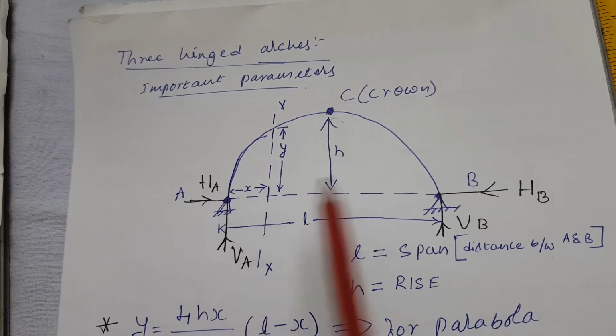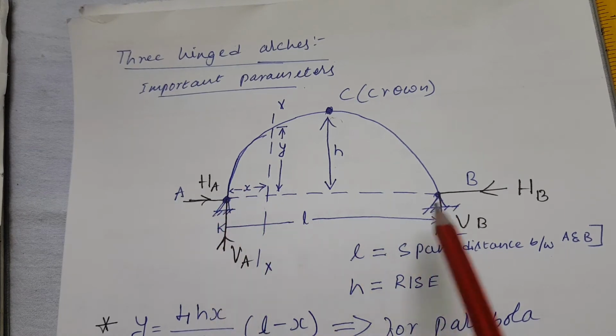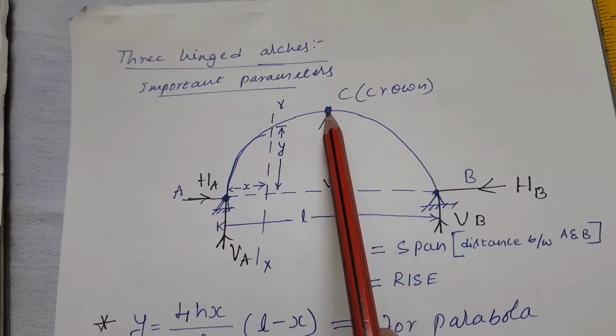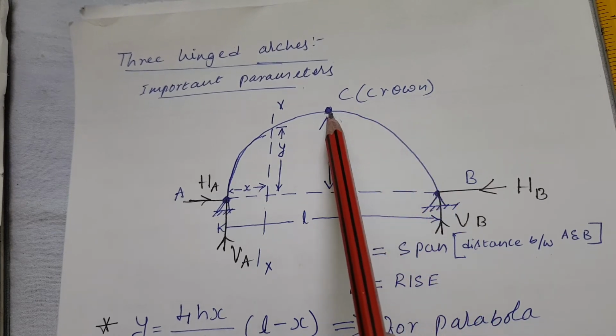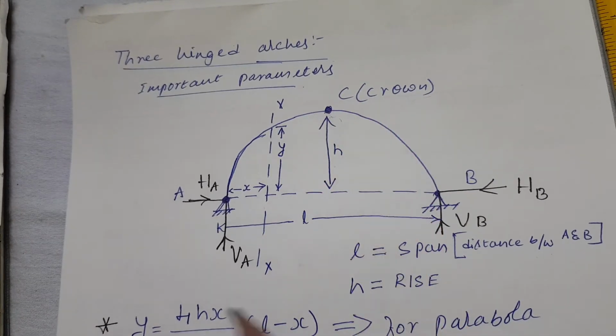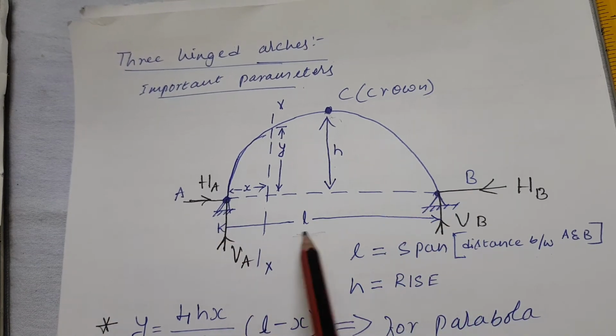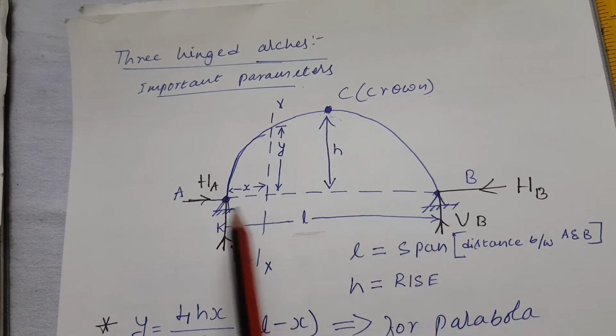Okay, A and B are the two supports, these are the hinges at the bottom, and another one is the apex point, or we can say the crown, which is the topmost point of the arch. And a very important thing here is the length, or we can say the span of the arch,